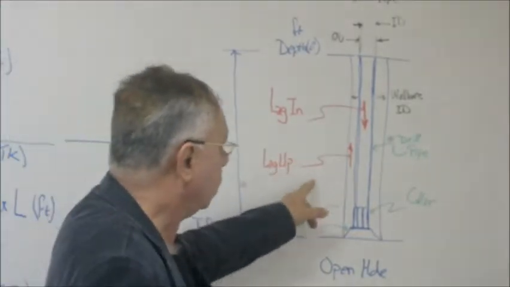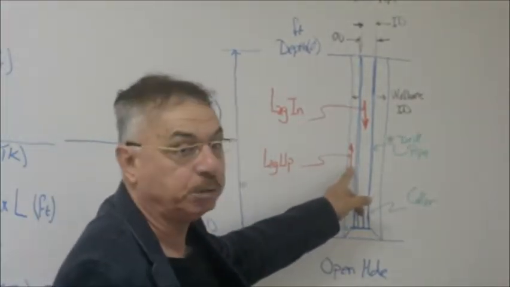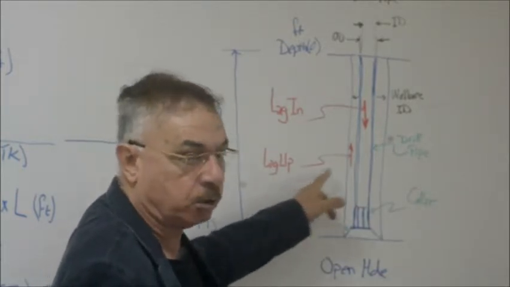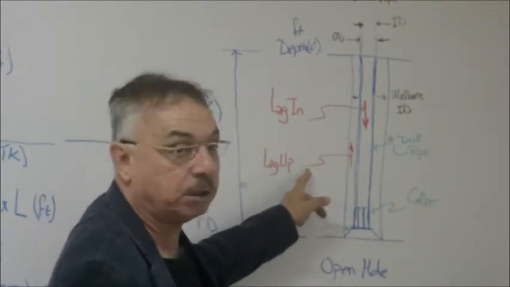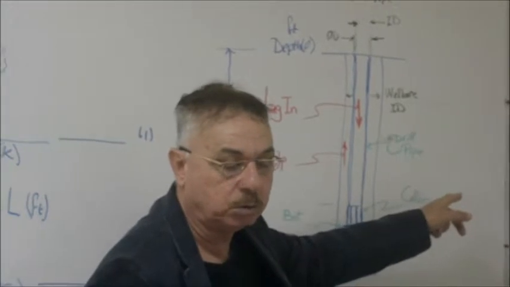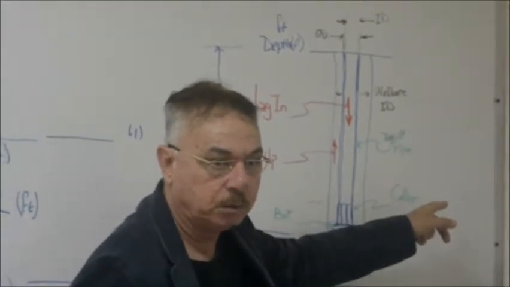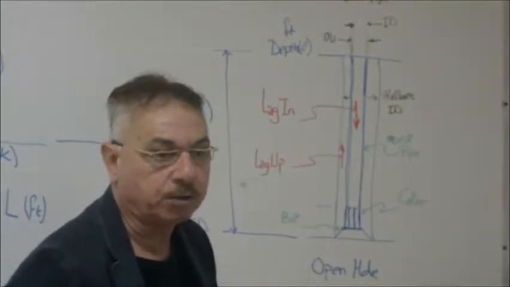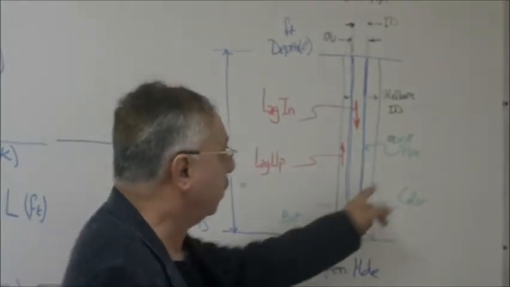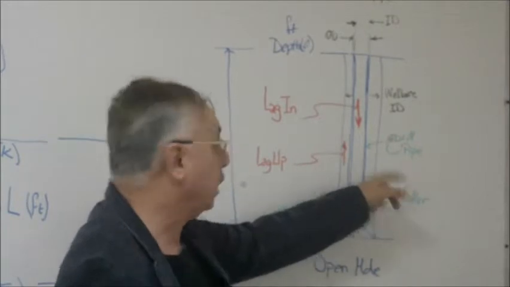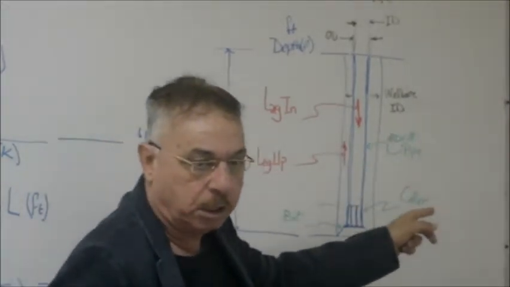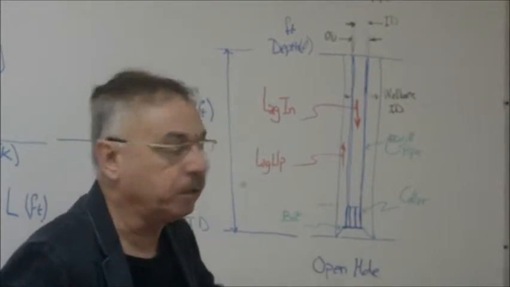With the lag up, you have a communication between the mud and the formation. So either the mud can get into that formation, in which case it is called loss of circulation, or the formation fluids get into the mud, and this is a kick